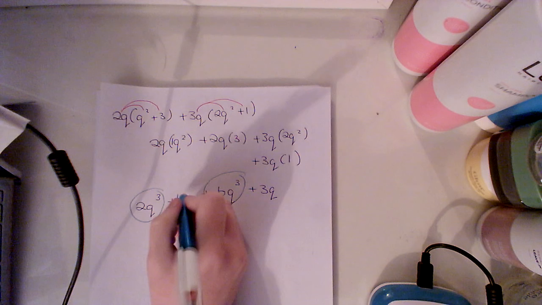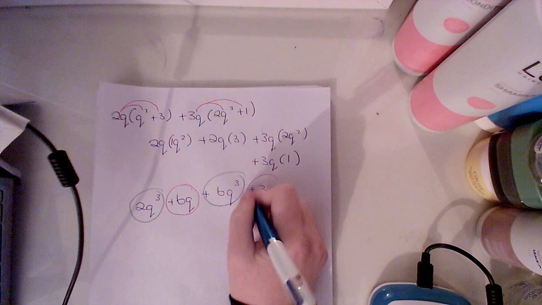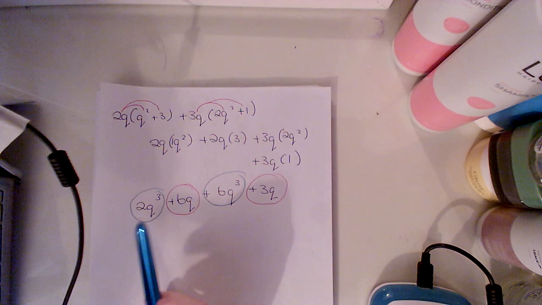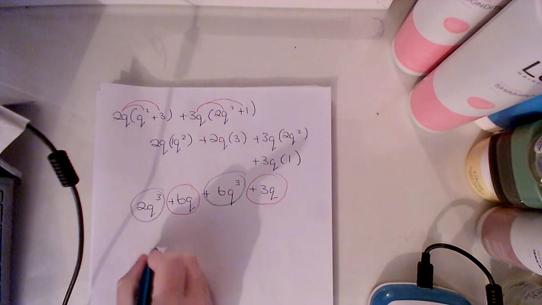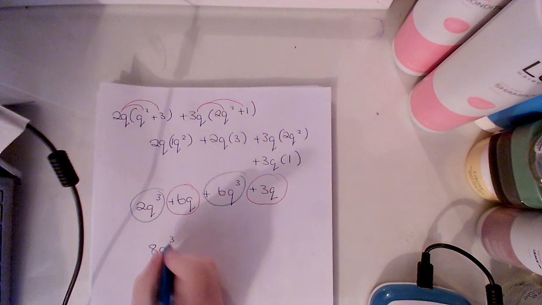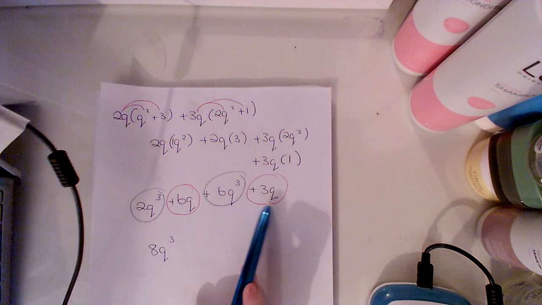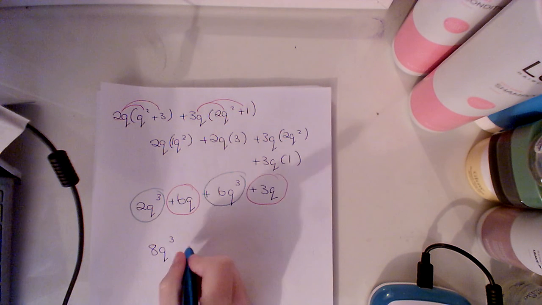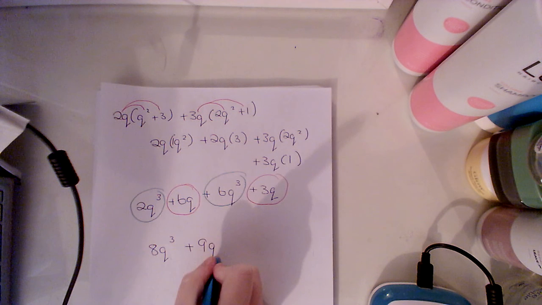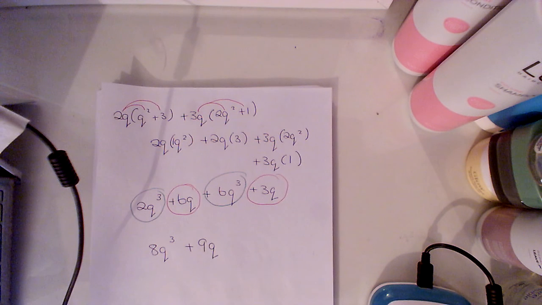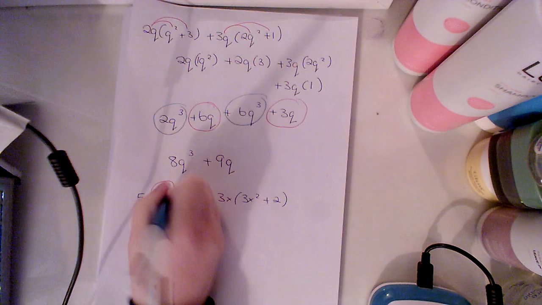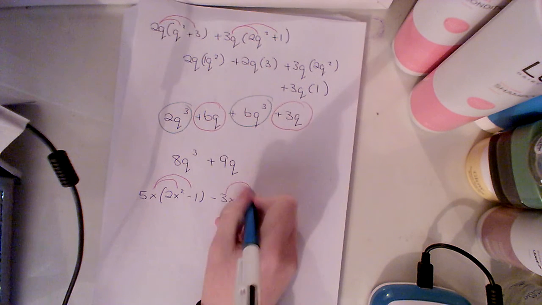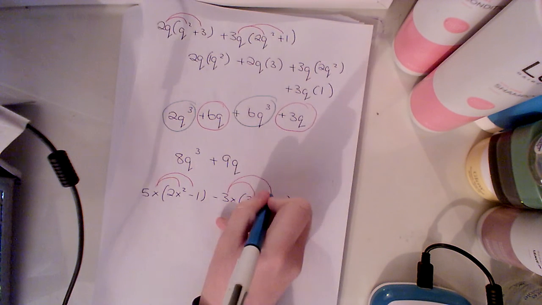Okay, this one here, so I'll draw my arrows first. So this to this, this to this, this to this, and this to this. And then I will rewrite it, so I have 5x bracket 2x squared plus 5x bracket minus 3x, minus 3x bracket 3x squared minus 3x bracket 2. Now, 5 by 2 will give me 10, x squared will give me x cubed,